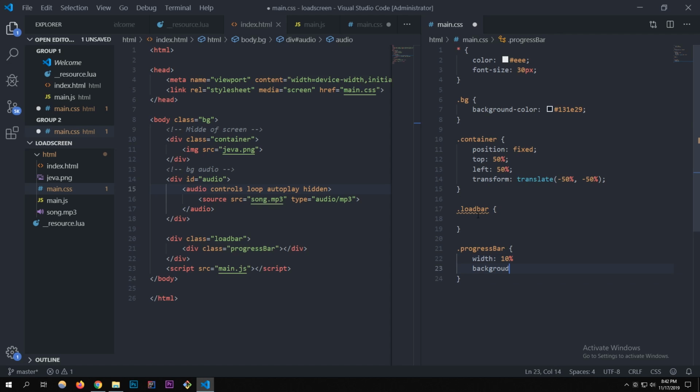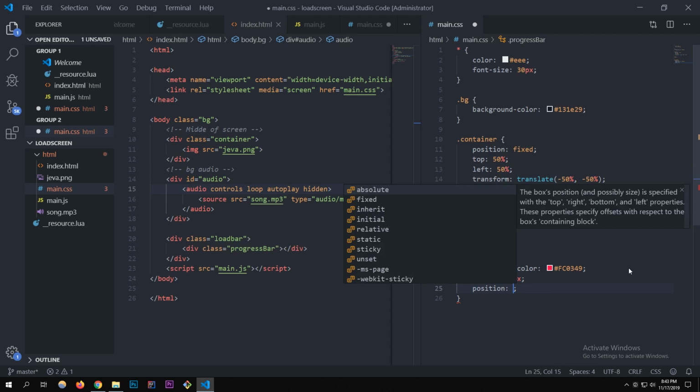So I'm gonna have the background color. Oops, I forgot a semicolon. You have to have semicolons when you're writing CSS, or else it'll completely break, as you just saw. And I have my custom colors that I've already pre-declared, the Java colors,